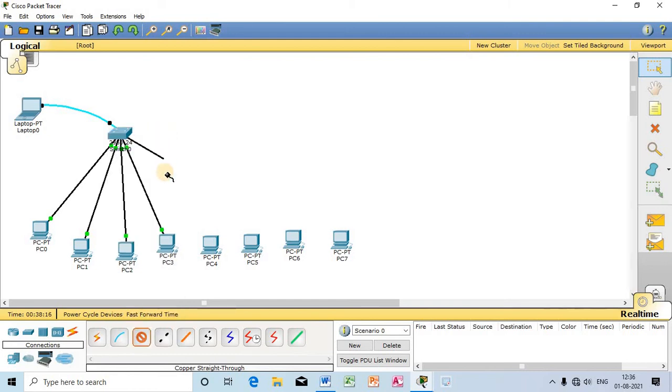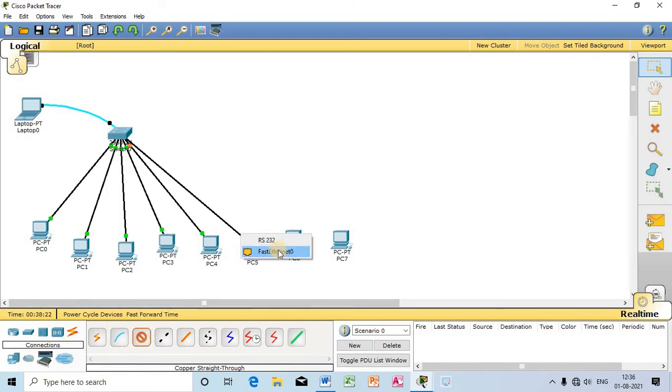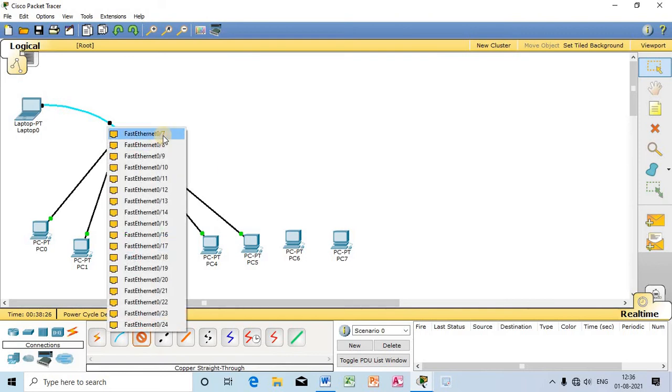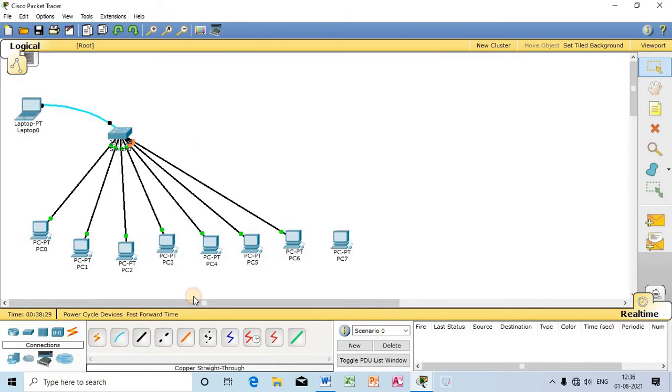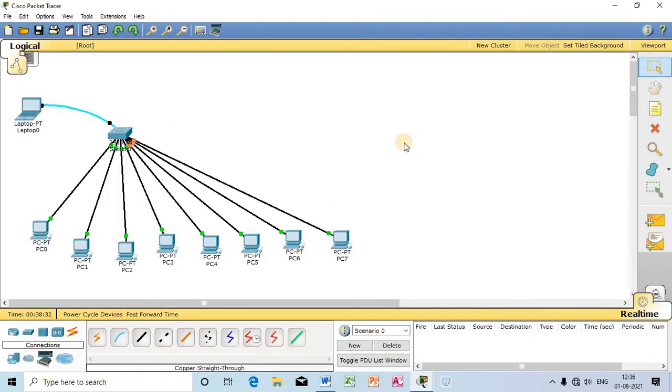Port number 5 I will connect to this PC. Port number 6 I will connect to this PC. Port number 7 I will connect to this PC, and port number 8 I will connect to this PC.